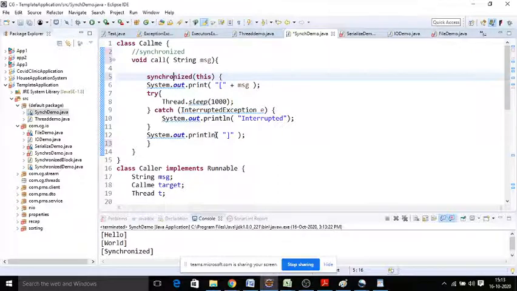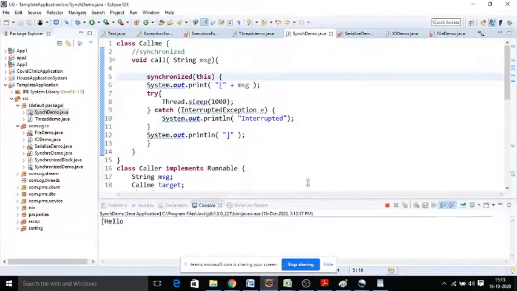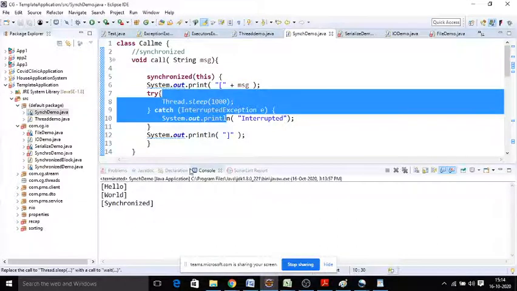Now the thing is, only this piece of code gets synchronized. The same effect we can achieve with the synchronization. So always when multiple concurrent threads are trying to access a common resource, this proper syncing is needed. Otherwise all the three threads will be overlapping and the common data get affected.